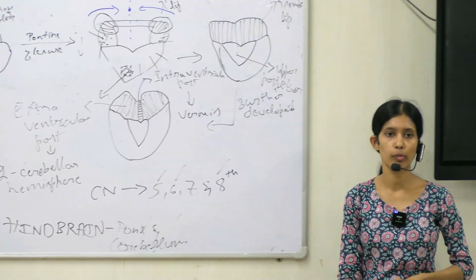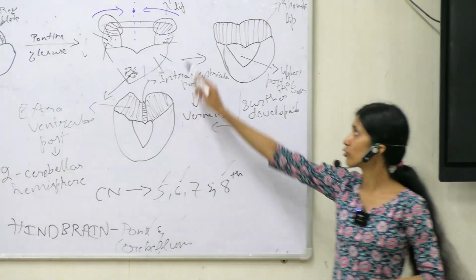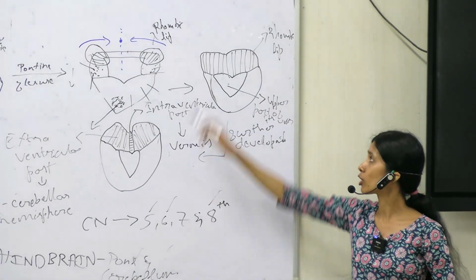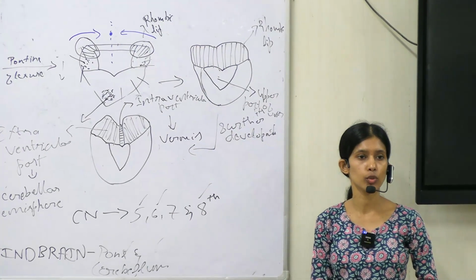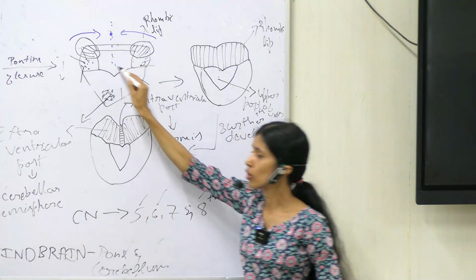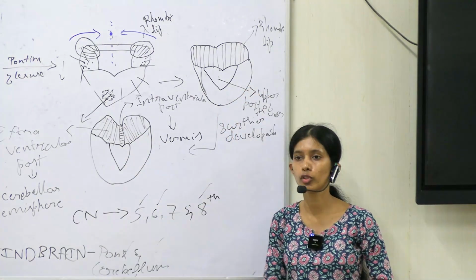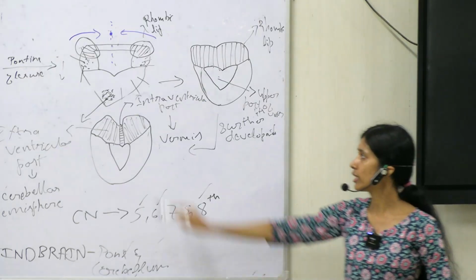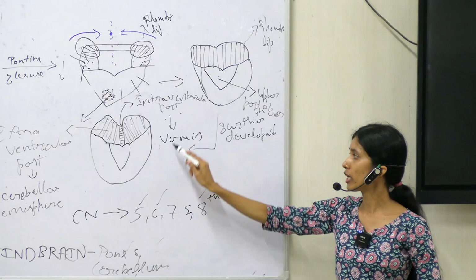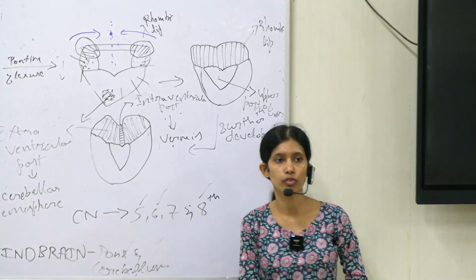Okay, this is how the formation of your cerebellum will take place. First, we can see the formation of rhombic lip on either side of your roof plate. The rhombic lip then later starts moving towards the central line of your roof plate. Once the fusion of your rhombic lip takes place, we can see the formation of two parts of your cerebellum, that is the intraventricular part and extraventricular part. The intraventricular part will give rise to your future vermis, and the extraventricular part will give rise to your future